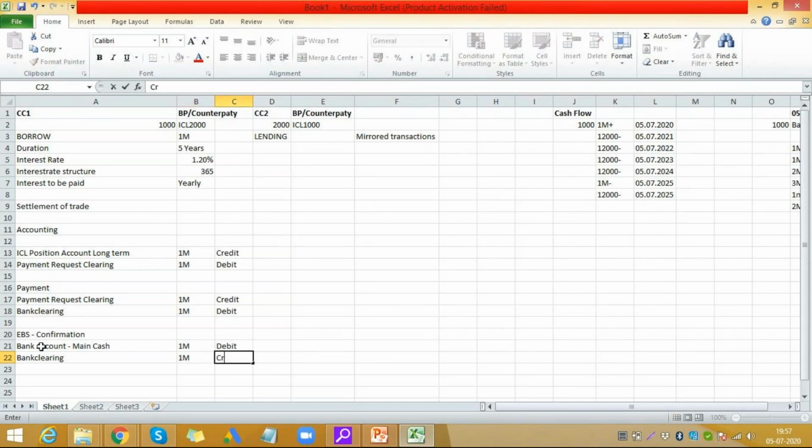So if you see here, this and this becomes 0, this and this again becomes 0.